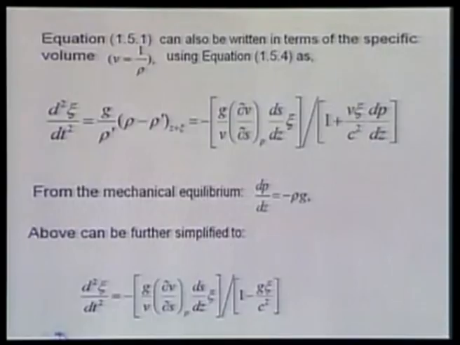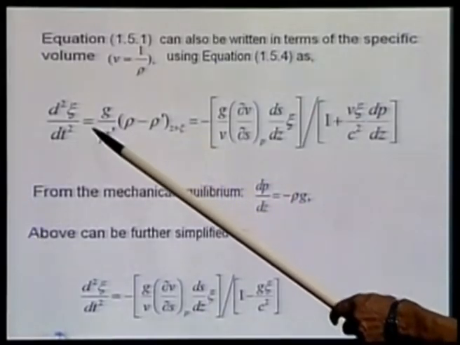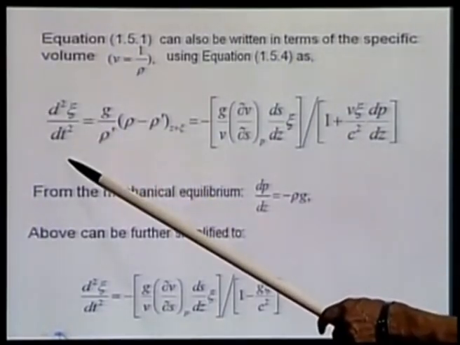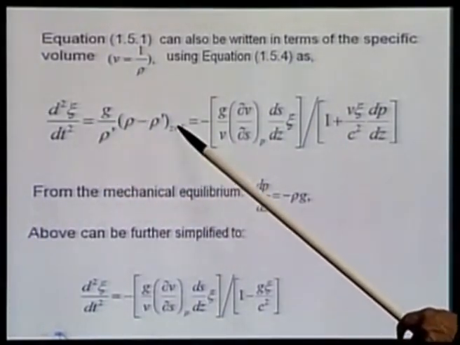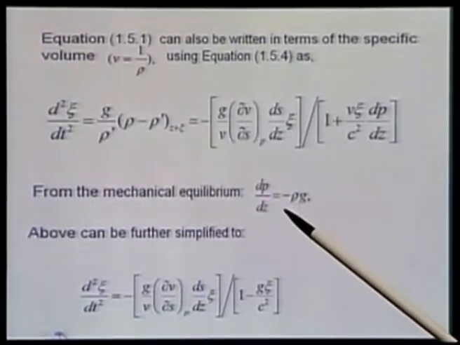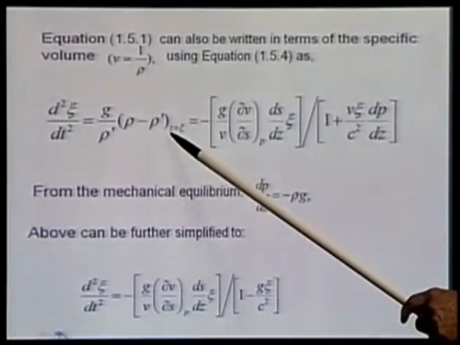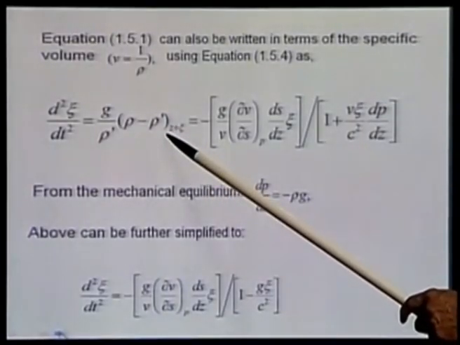So, from my governing equation, I had ρ′ d²ξ/dt² equal to the buoyancy force. Let me be very slow here for you to understand. So, this was ρ′ d²ξ/dt² times the buoyancy force. So, I brought that ρ′ down here. So, this is what I get. We have just now worked this quantity out, right. So, then what do I get?